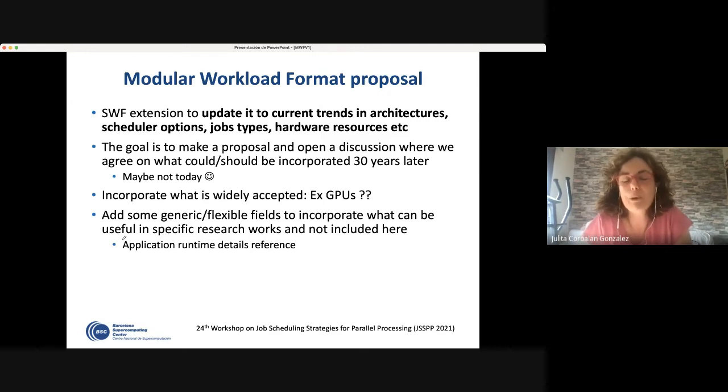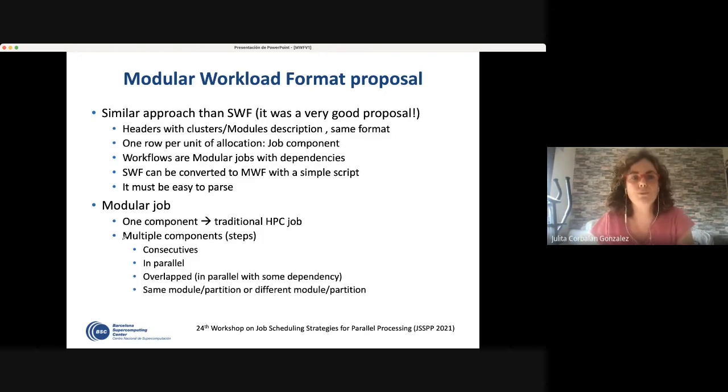The proposal was to try to incorporate what we can widely access, for instance, the incorporation of GPUs or things like that. And also to take the opportunity to add some fields that could be flexible and can be used for different purposes, like adding something to later identify the job with some runtime details that can be used by the scheduler also.